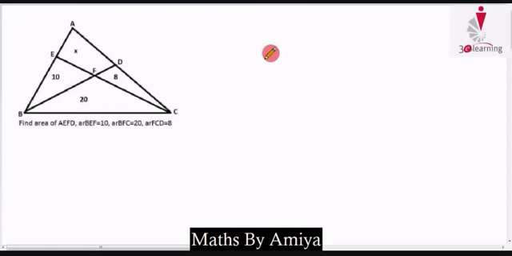Hello. Today we try to solve a question by two methods. One is the ladder theorem, one is by MPG. Here the question is, we have a triangle given. We have to find the area of x.